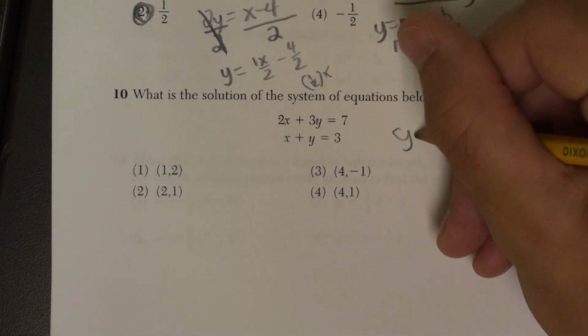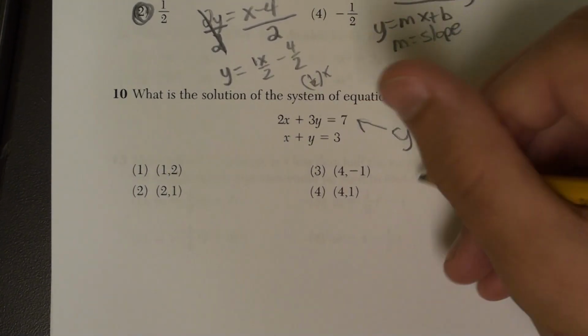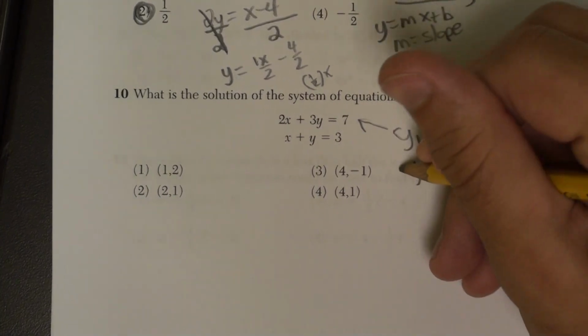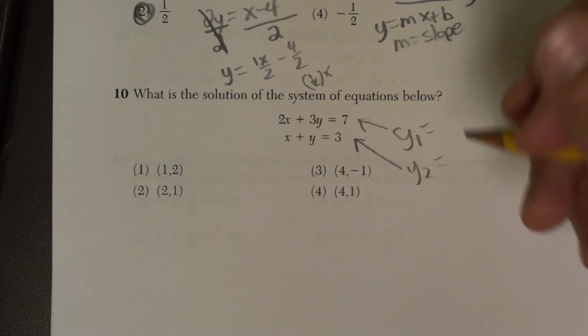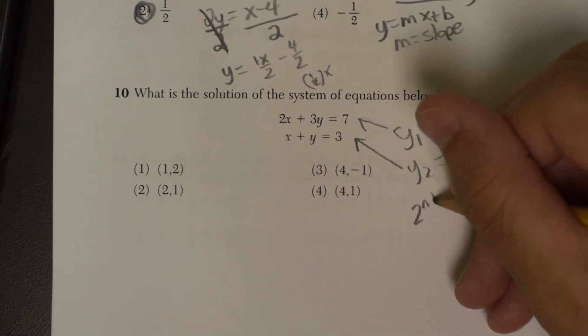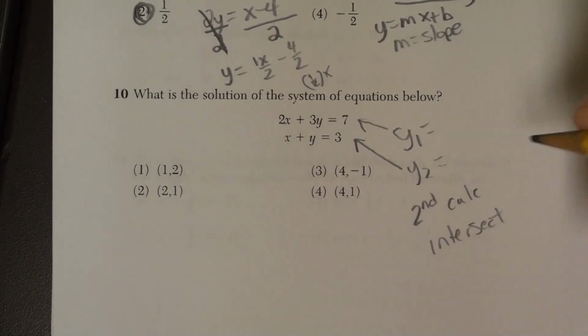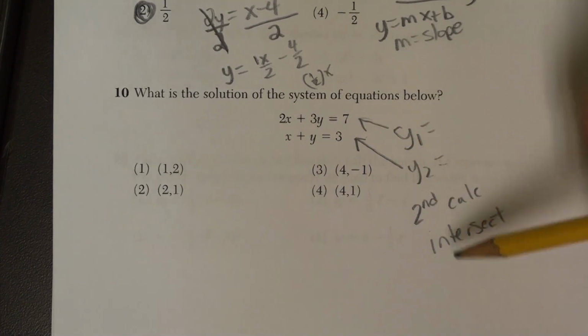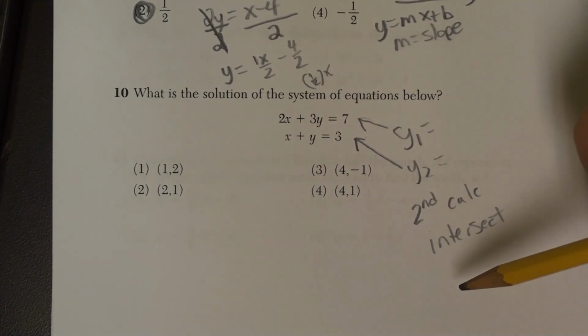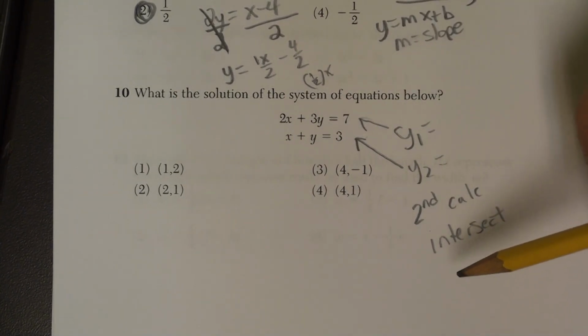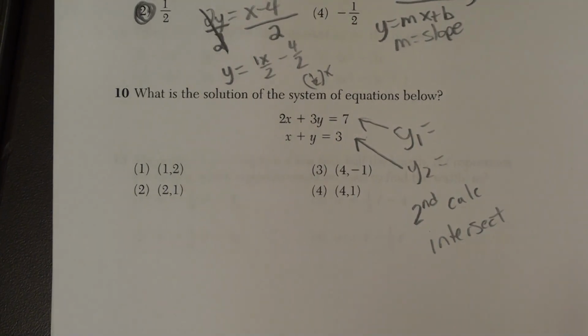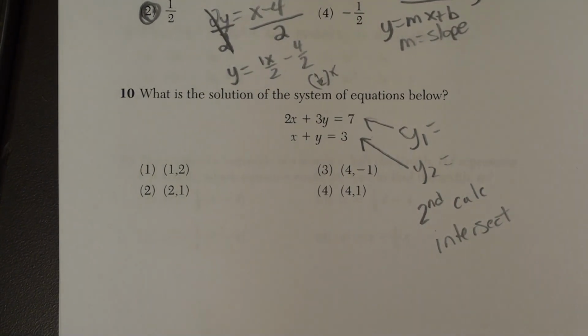You would put y1 equals, and you enter that formula. Then you would put y2 equals, and you would enter this formula. Then you would hit second calc and find where they intersect, because where these two lines intersect is going to be our final answer. However, if we want to solve it another way using pencil and paper, in this case